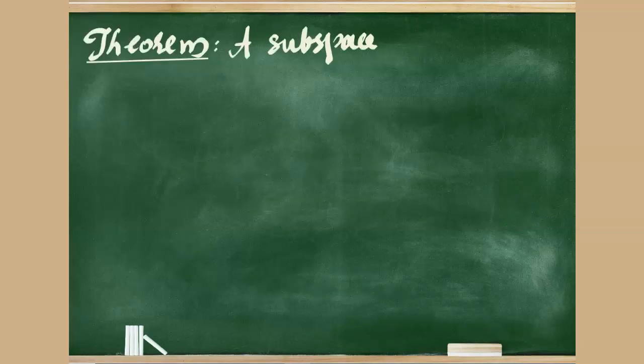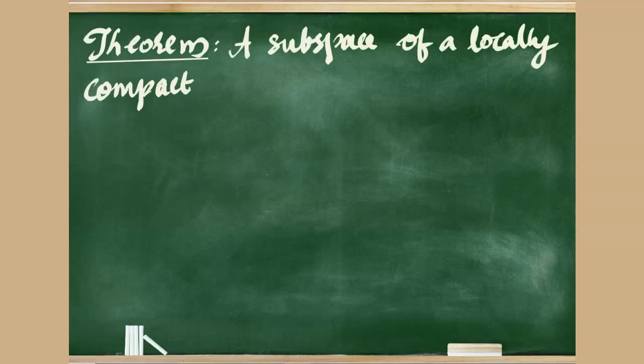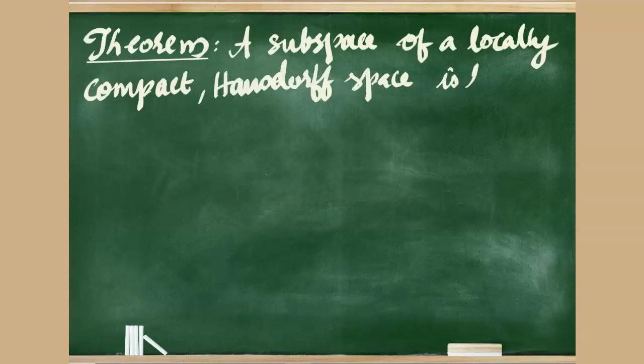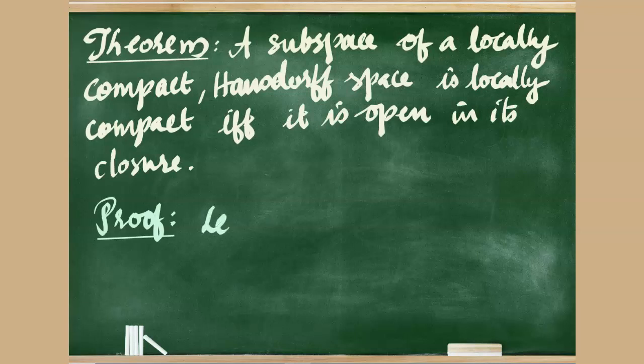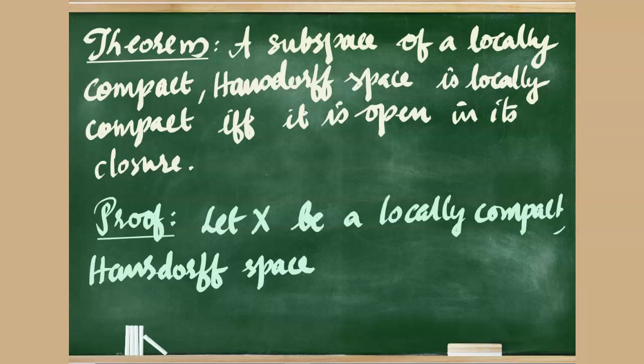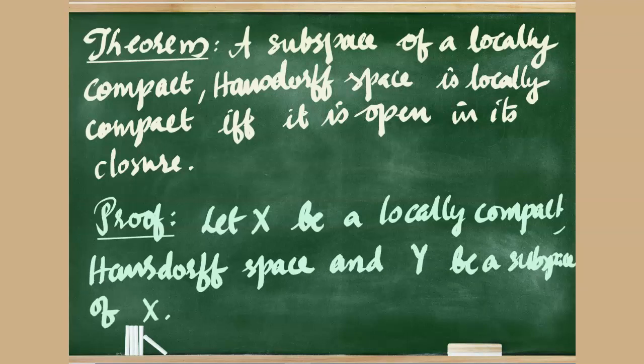Theorem: a subspace of a locally compact Hausdorff space is locally compact if and only if it is open in its closure. For the proof, let us assume that X is a locally compact Hausdorff space and that Y is a subspace of X. For convenience, let us put Z equal to the closure of Y. We will need to prove that Y is locally compact if and only if Y is open in its closure